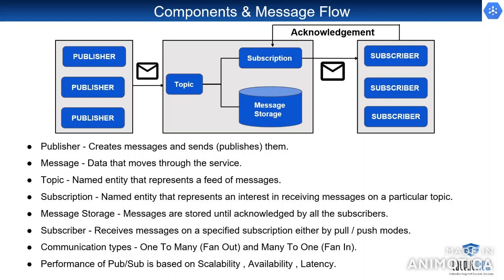The next one is availability. A system's availability is easy to measure, like how well it deals with different types of issues like hardware issues, software issues, or failure due to load. Failure due to load could happen when there is a sudden increase in traffic, that is a sudden increase in messages from publisher to subscriber. There will be scarcity of resources. The third one is latency. Latency is a time-based measure of performance.